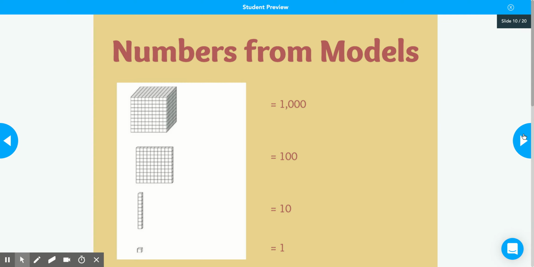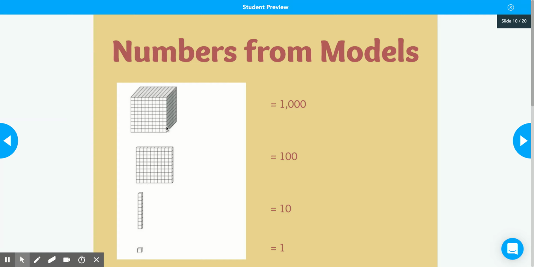Next, let's talk about numbers in model form. Although numbers can be represented by any type of model or object, for this case we are going to be using base 10 blocks. In the picture below, you can see 4 different types of blocks we will be using to represent numbers up to 10,000. The first big block is the thousands block. So each of these blocks equals 1,000, and you can add as many as you want to get into a